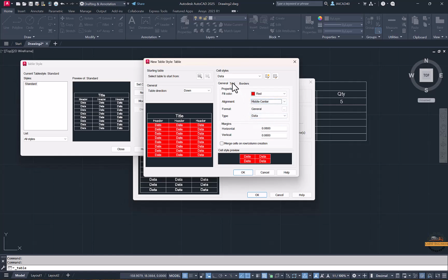Then let's go to text. Anything in the text, let me put the text color to be yellow. Anything in the borders or line you want to change, you can change that. I'm not changing anything. I'll go to headers. In headers, you can define the header colors. If it needs to fill something, I'll put it again middle center, and this to be, I'll put it